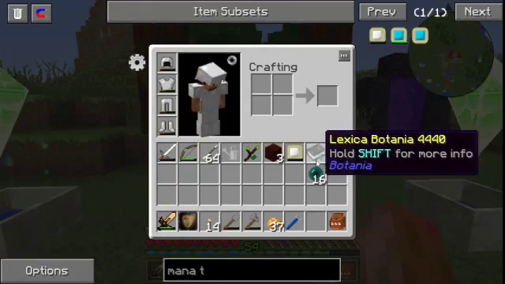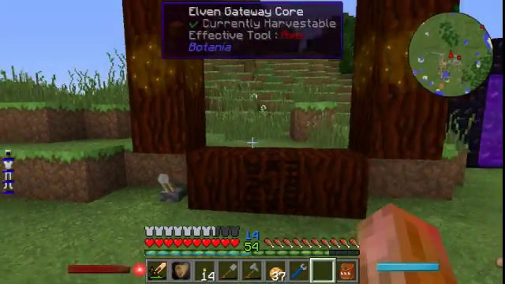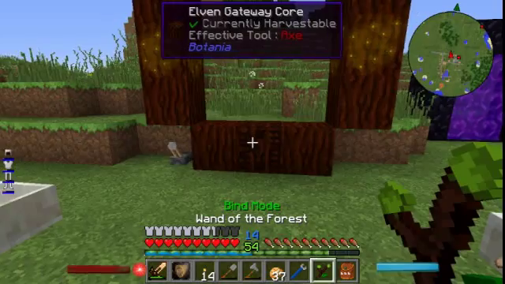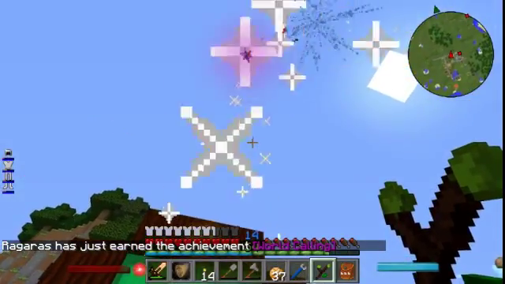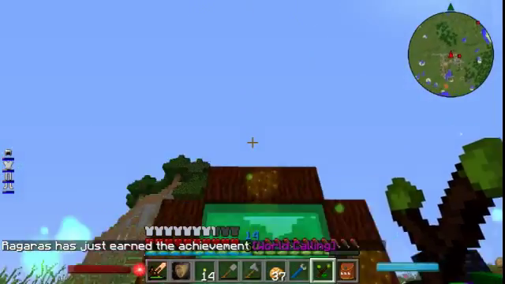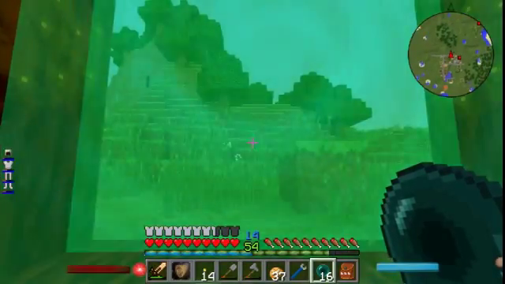So what we have here is there's a sticky piston underneath here. This is how we shut it off. It's just going to break the portal. But to turn it on, you need your wand, and you're going to click the core. And of course, then when you get into it, I find these achievements annoying. It's just annoying. Seems to do it for everything though, so it's not just this. So you're going to